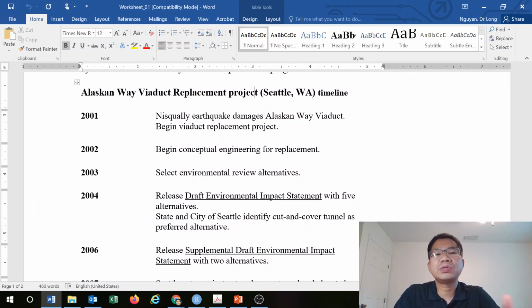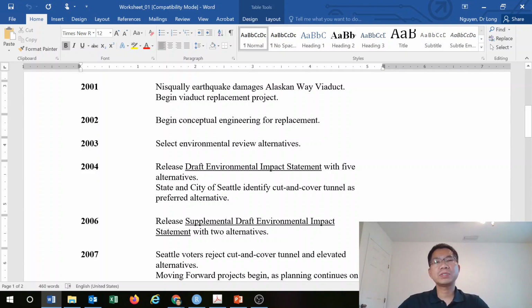And as you relate to what we learned in the project life cycle, it starts with the market demand and perceived needs. In this case, the perceived need is we need to replace this viaduct because it's vulnerable to earthquakes. And then when you see the need, we start the second phase of the life cycle, which is the conceptual planning and feasibility study. As you can see here: conceptual engineering for replacement, environmental review, alternatives, environmental impact assessment statement. So we want to see all other dimensions, funding, engineering point of view, all of that for